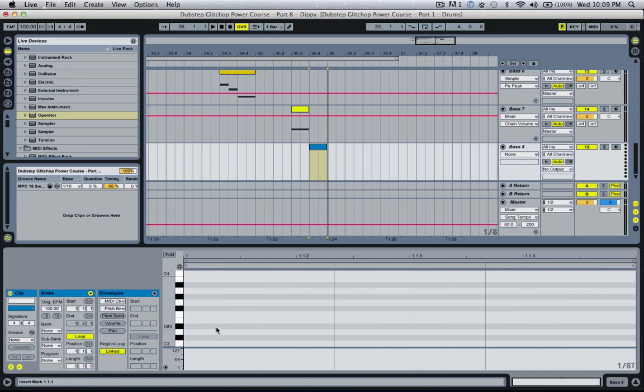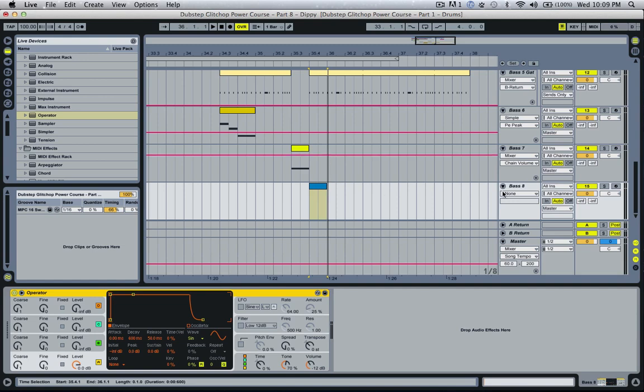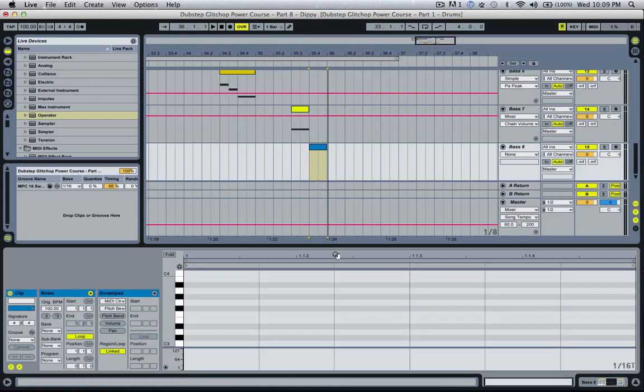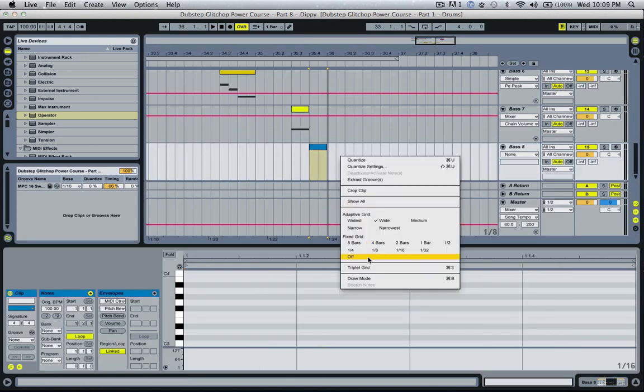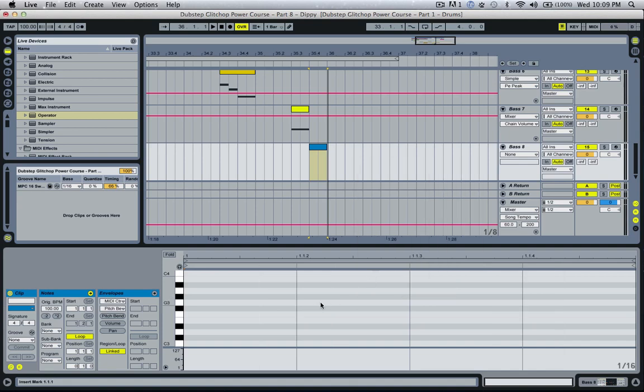So now if I make this bigger and smaller, we've now got three increments in a beat. If we make it smaller, we've got 6 again. We've got 12, and so on and so on. So if I add in an operator into this track and open up this MIDI clip, I'm going to take it off triplets. We can right click and go triplet grid if we want, or turn it off like so. If we put in some notes here,